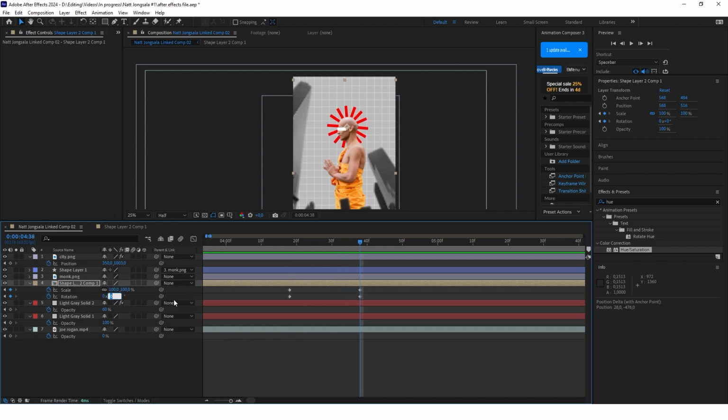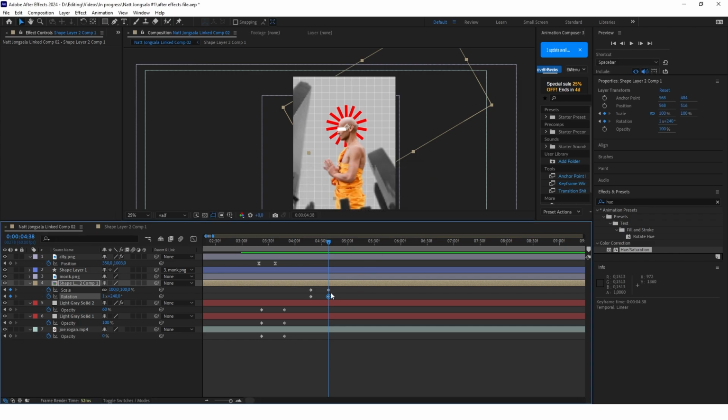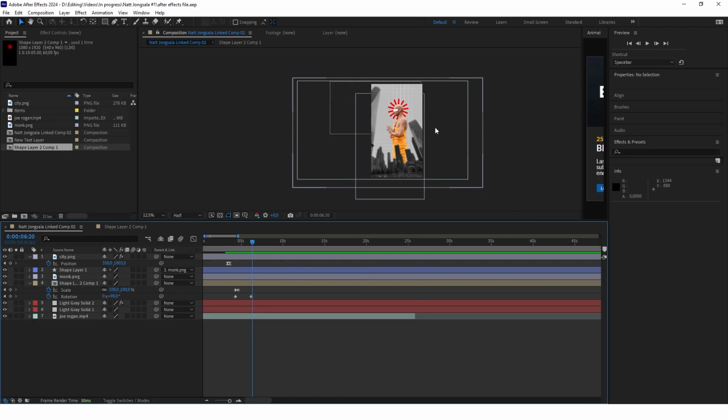And now at the second keyframe, change the rotation to some high value, like 600, let's say. But now also extend the second keyframe of the rotation a lot, something like this. Okay, this 600 was actually a mistake, so I've put the rotation on the second keyframe to 90. Okay, so now there are only 2 more things that we have to do.